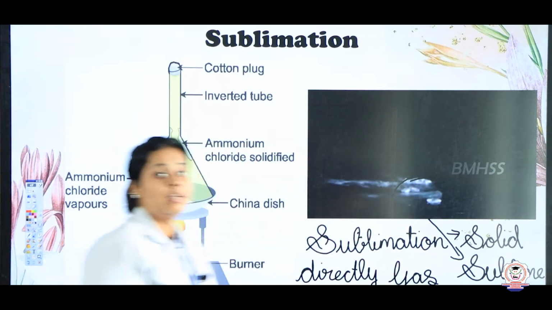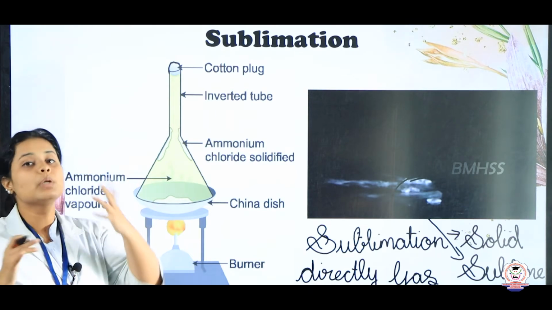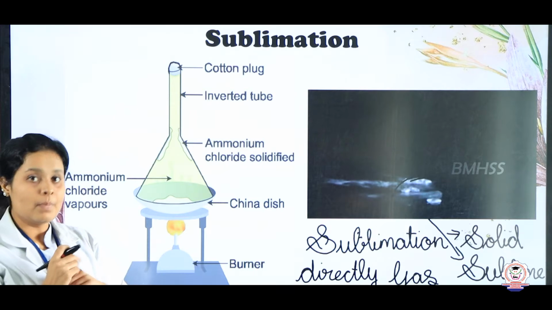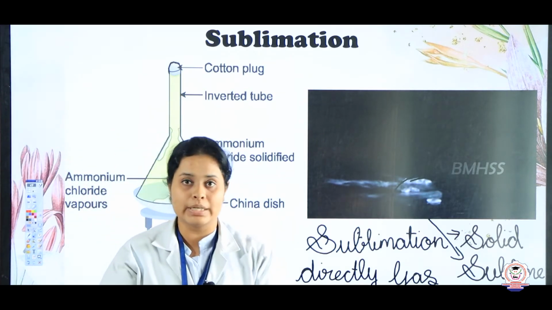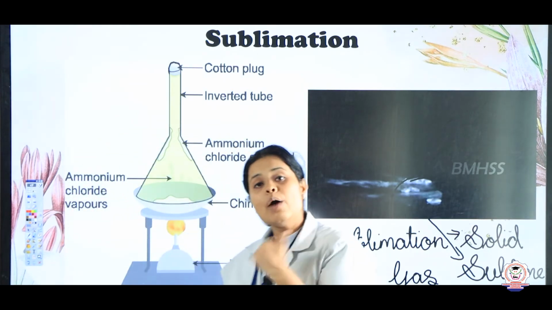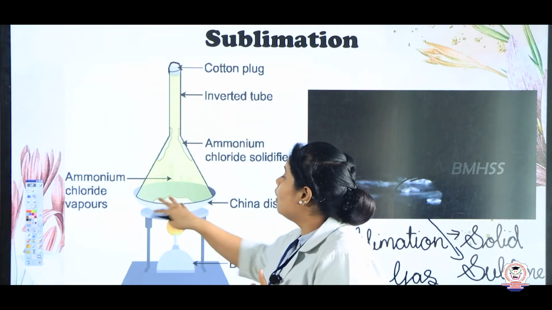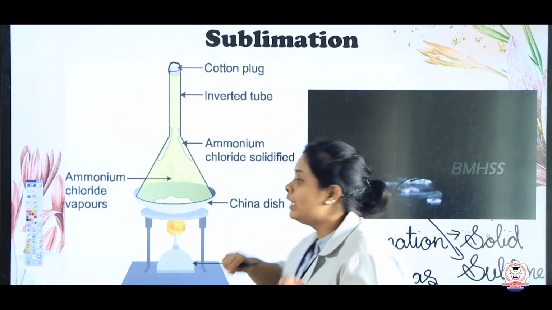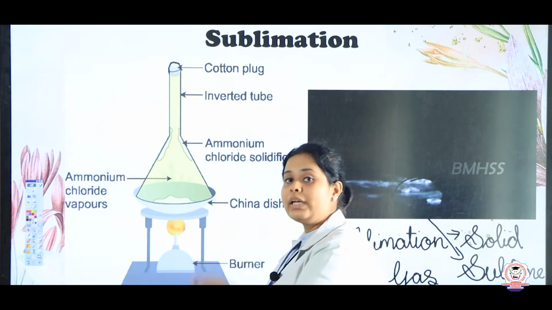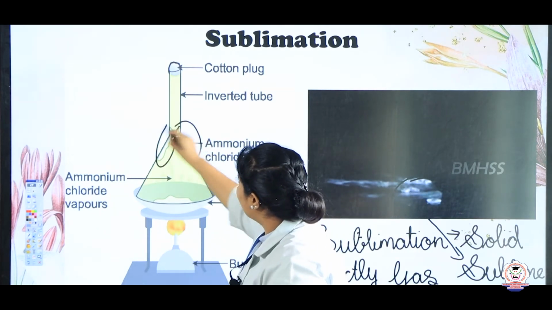Okay, yes. Now let's see an example here. Now here I have taken ammonium chloride. With the ammonium chloride I have taken some sand. Now both of these I have mixed together. Now what I want to do is separate both of them. So how will I do this? In this I have kept my substance. Now when I am heating it, you will see here that the ammonium chloride is getting evaporated in the form of gas and it will get collected over here.